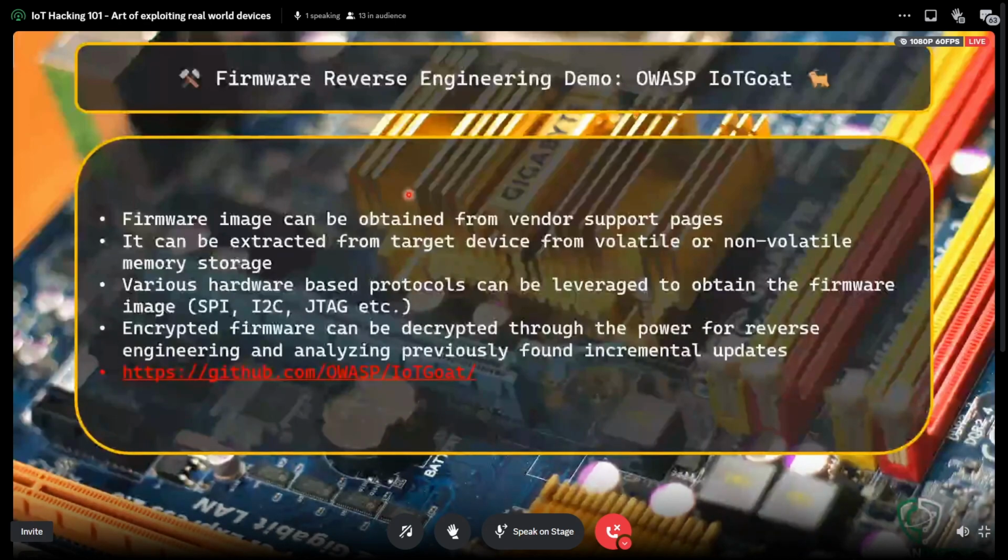Another one would be JTAG. Sometimes you get the JTAG pins, or they are not soldered, or they are not there at all. If they are not there at all, you have to find a manual for the CPU and identify which pins on the CPU are responsible for JTAG.